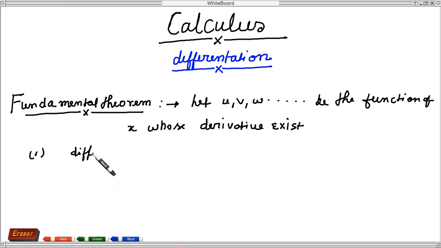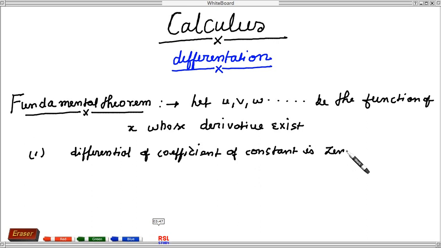Differentiation of a constant is 0. It means if you differentiate a constant, the value of that will be 0. Suppose differentiation of 2, differentiation of 4,